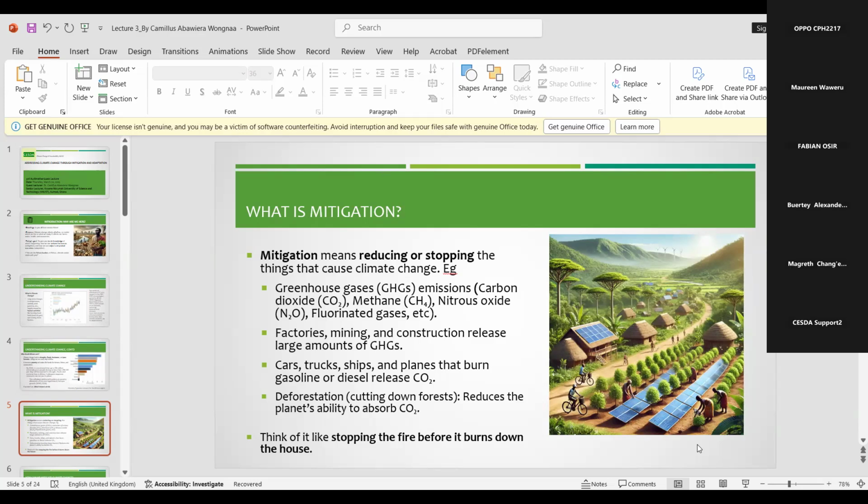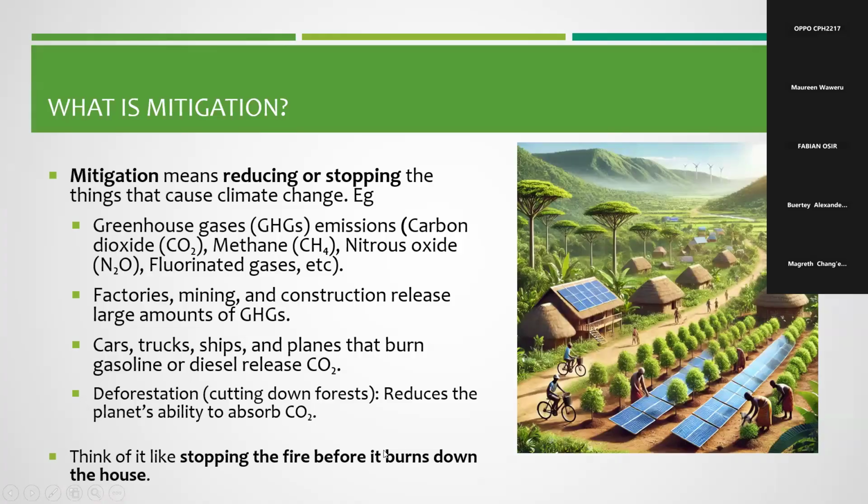Yes, hello, sir. All right. Yes, your hand is up. So there is a point that you have talked about the cars, trucks, ships, and planes that burn gasoline and diesel that release the greenhouse gases. So I think one of the mitigation measures you can impose is working in line with the government to implement certain pricing on carbon releasing. Like, for example, the factories. There should be a law or a policy that restricts people from releasing a lot of carbon. That is one way that we can mitigate that. And also another point on deforestation, we can also implement the policy of afforestation,